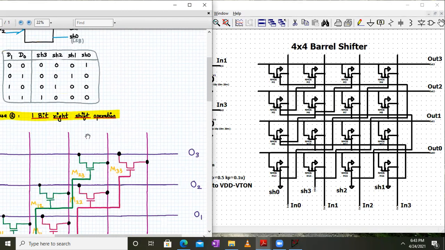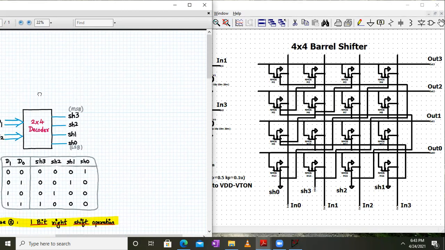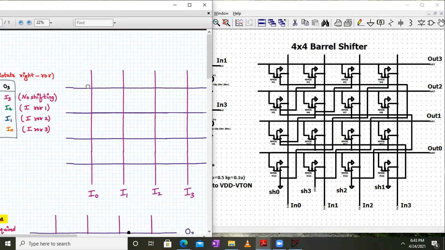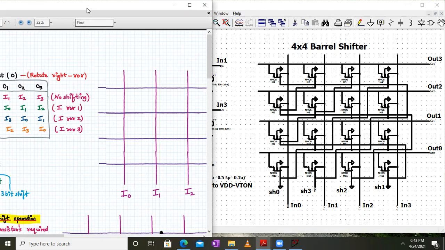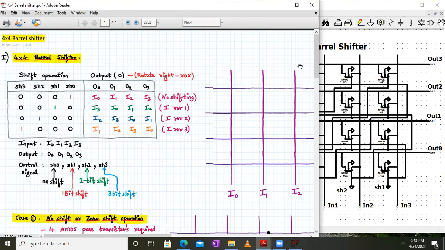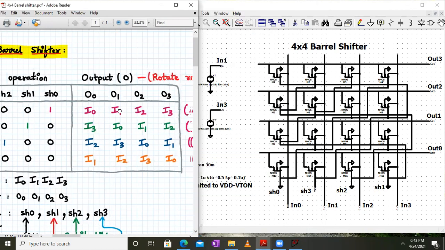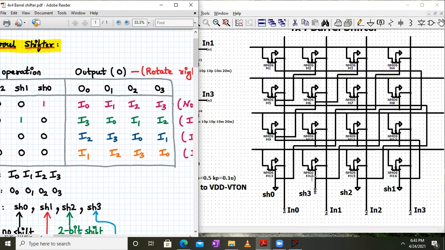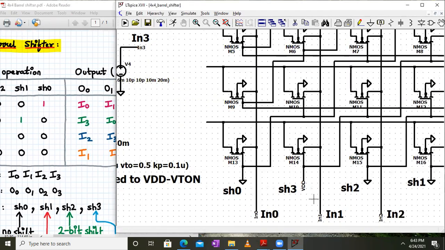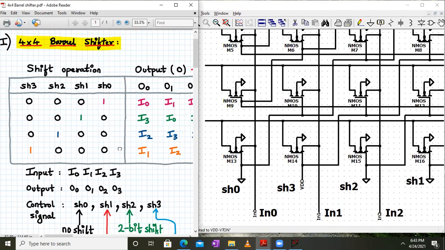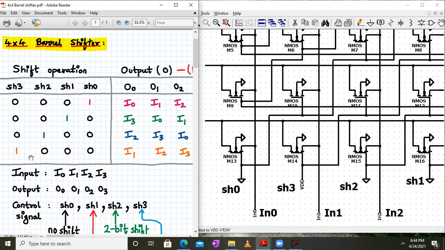Now let us check the truth table. Let me keep this table ready. Right now, SH3 is 1, so we are in the right shift by 3 bits.